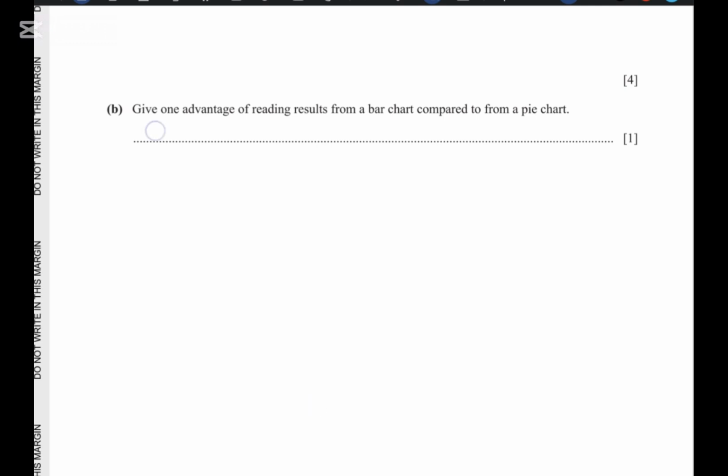So you write here: bar chart gives the information of frequencies,